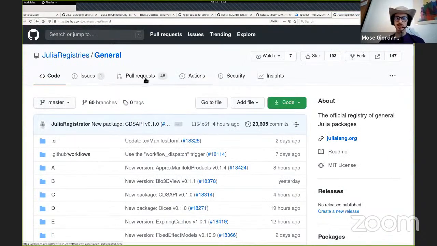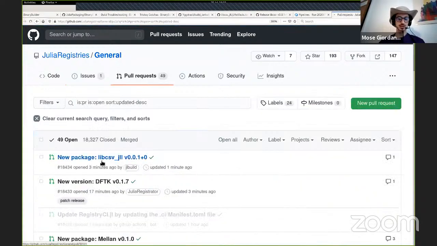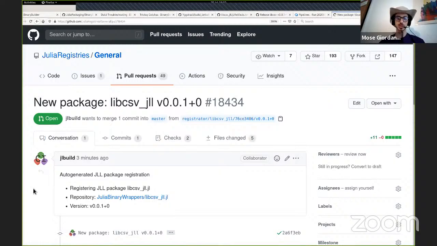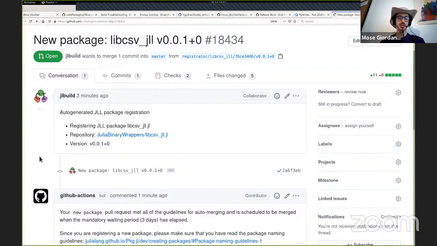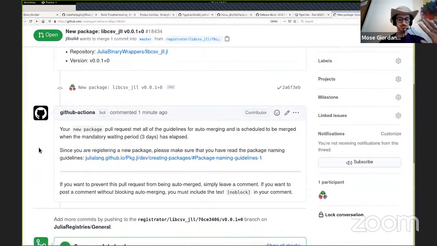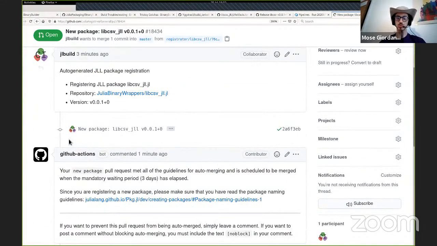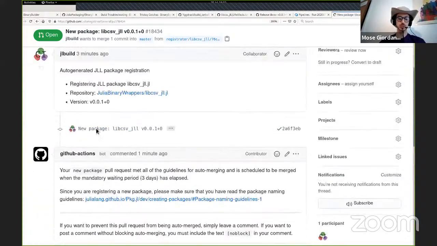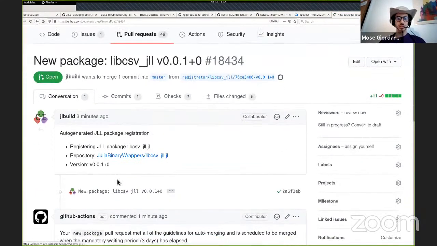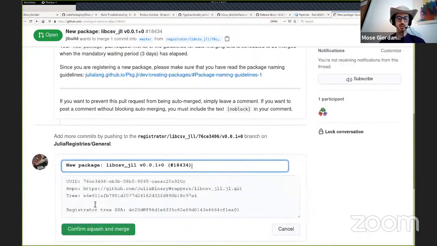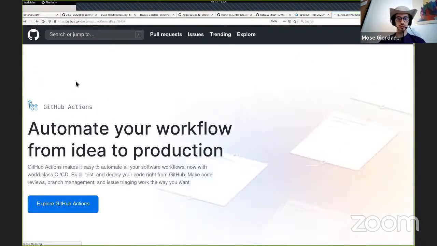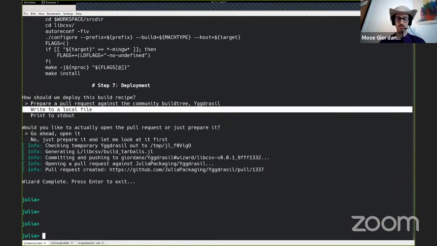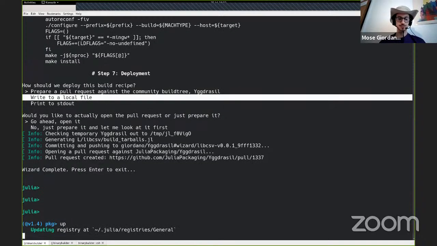So, we also said that this has created the pull request for the General registry. And here we have a sophisticated CI, automatically. This is all automatic, so we don't have to do anything. In a few minutes, the pull request will be automatically merged because all is successful. But to make things faster, I will just merge this pull request myself, so that if I go back to the terminal and update the registry,